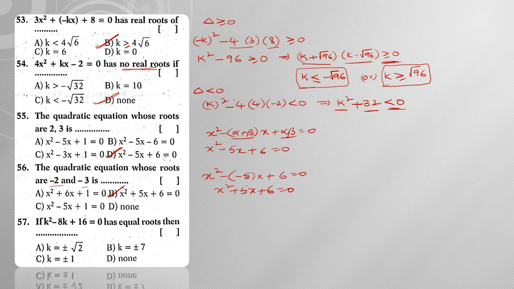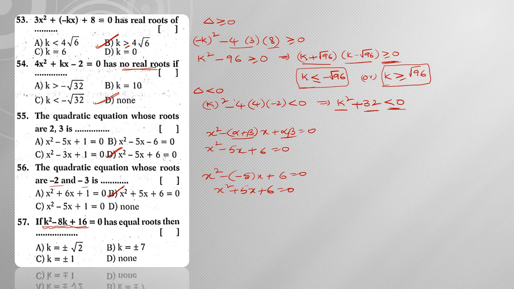Next, k square minus 8k plus 16 is equal to 0 has equal roots. So equal roots means simply you can say discriminant is equal to 0, or simply you can apply this condition, b square is equal to 4ac. So from this what I can say, minus 8 whole square has equal roots, then k is equal to is asking. So here since it is in terms of k, that means we are going to find out the roots of this particular equation. So here there is no unknown. Okay, here the variable is k. So don't go with the b square is equal to 4ac concept.